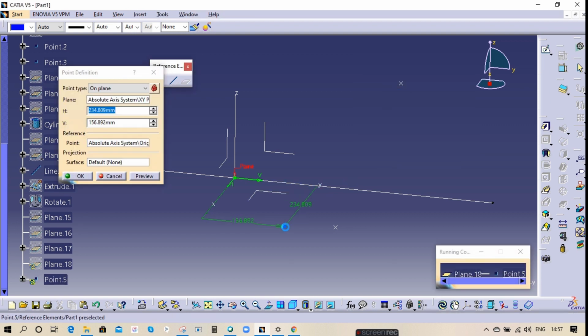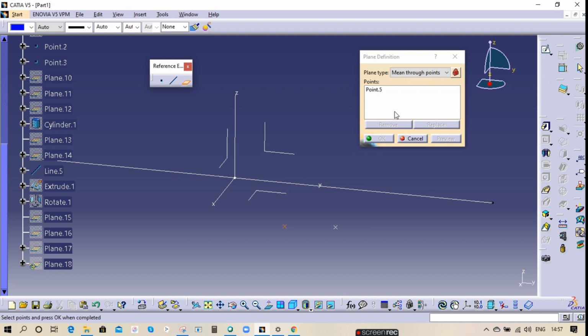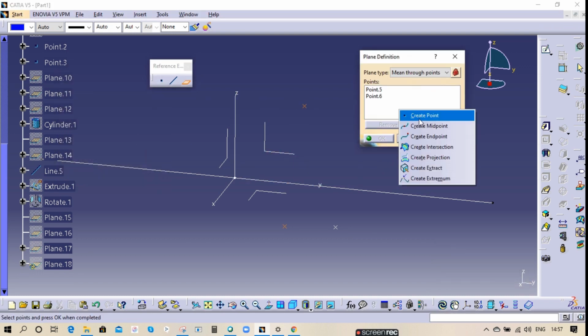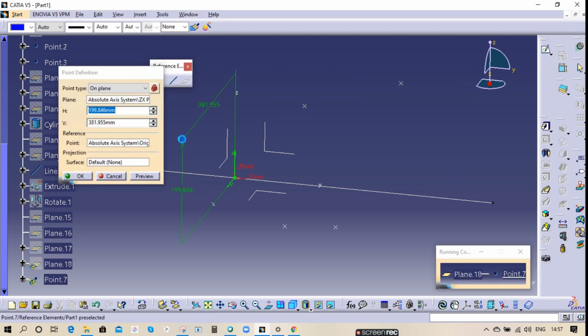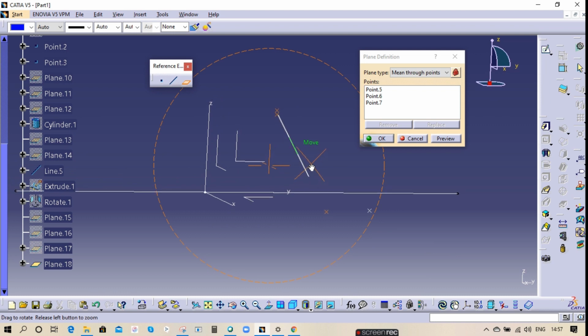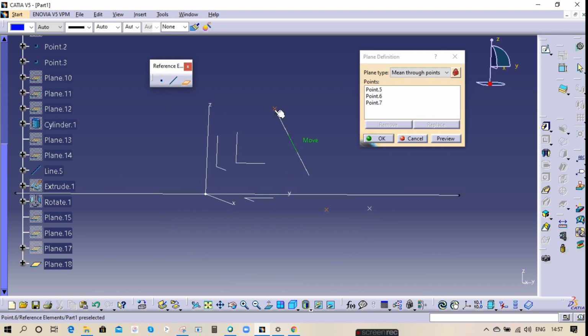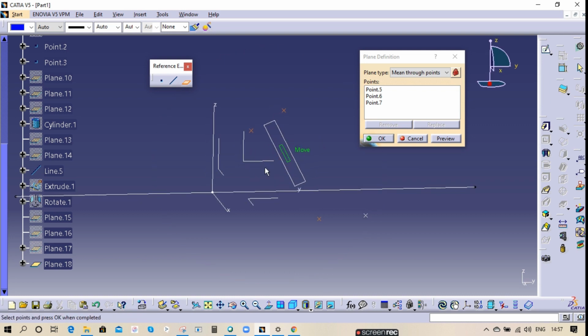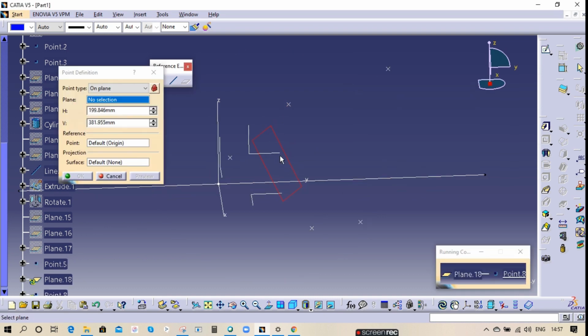Let's say my first point is in the xy direction, my second point in the zy direction, and the third point is in the xz direction. See, based on these 3 points, 1, 2 and 3, exactly this will be in one direction, right? So based on that, our plane is going to be created. For example, if you want to change this one, remove it and create a plane, take this and keep it somewhere here.